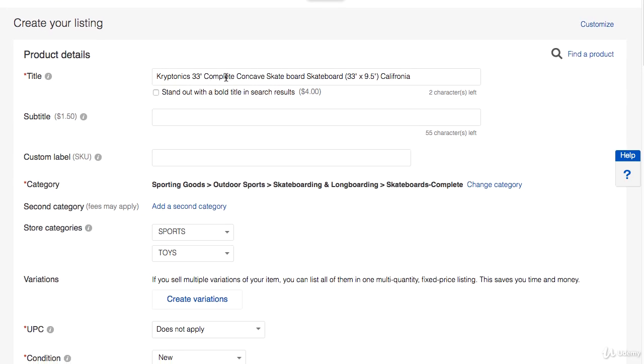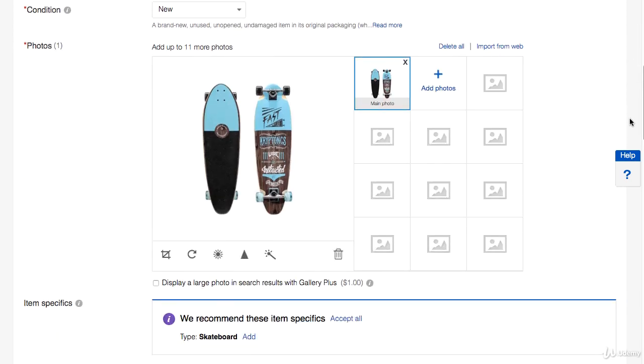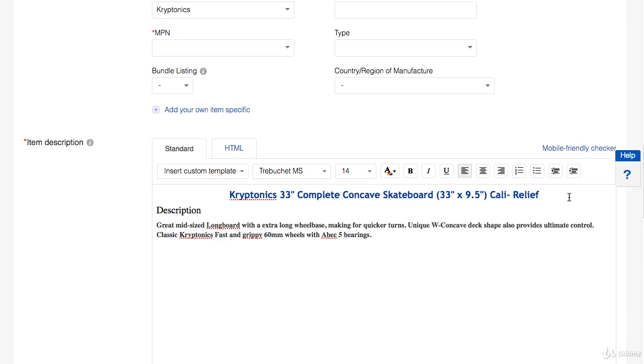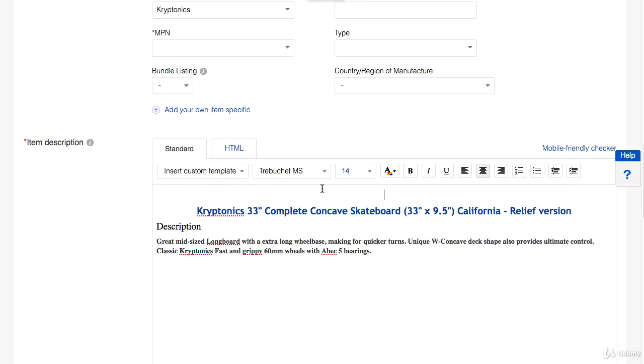The only thing that is really missing here is that it says brand new. I'm going to put this in big capital letters, brand new. So we did this right here. We added everything else to this. I'm going to add a little more description for the product, California, this specific version to it. And just add brand new right at the top of this, brand new. So here we go. So pretty much all I'm doing is just adding a little bit extra to the